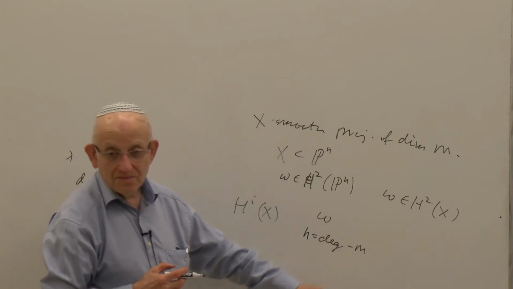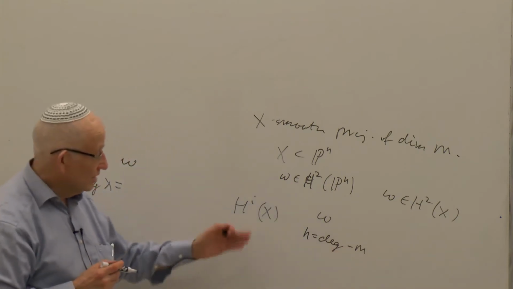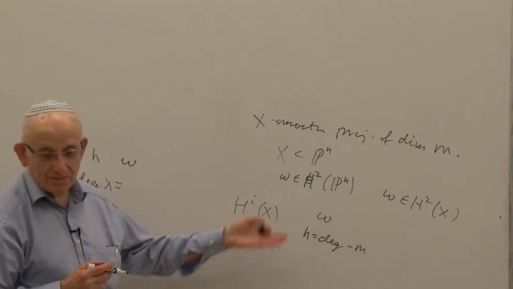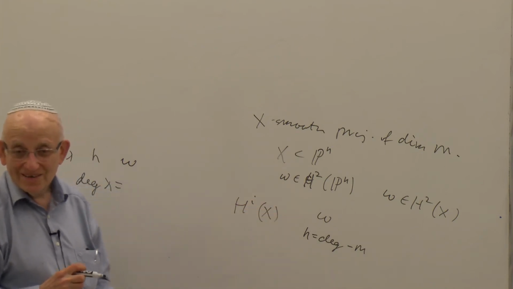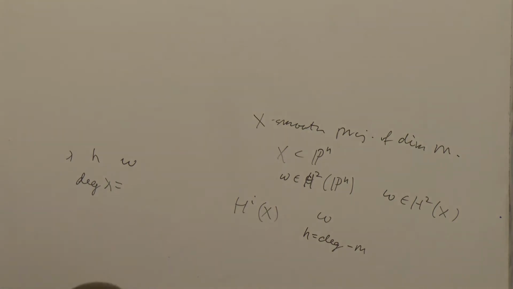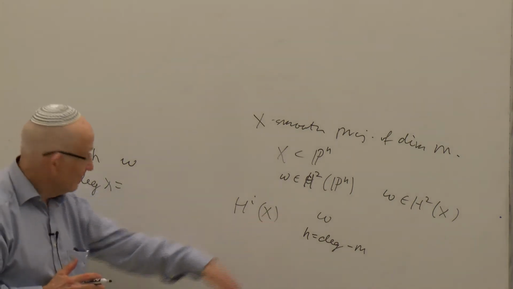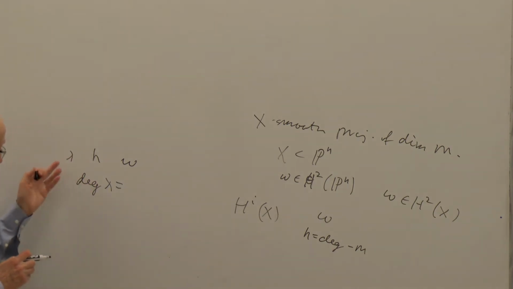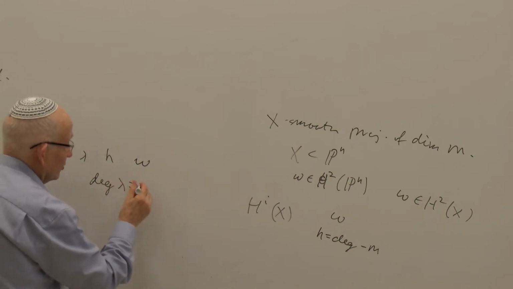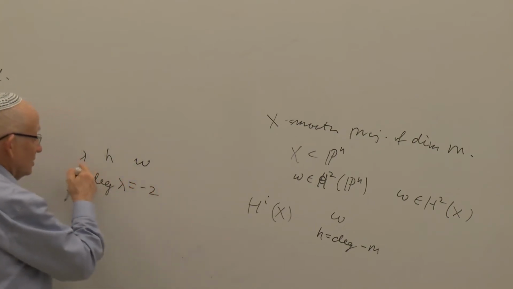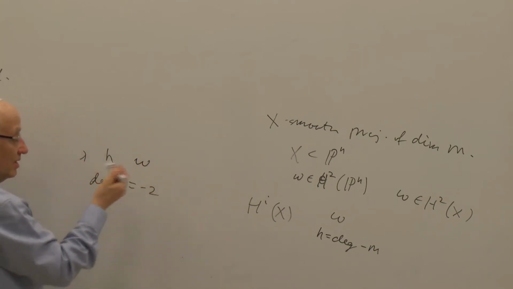Could you repeat it? I did not understand. On H^i, it is multiplied by i minus m. Just physically, you say what the eigenvalues are. Yes, it's essentially the same grading, but shifted by m. So then the claim is that there exists an operator lambda of degree -2 such that this forms, in cohomologies of X,